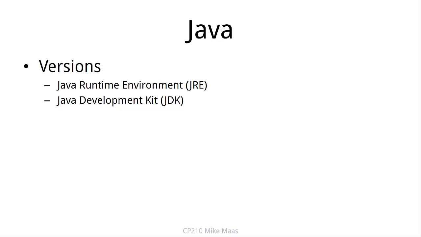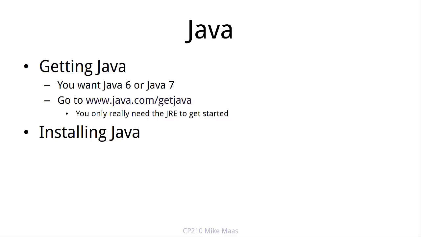One thing that's a little confusing to people is there's 2 different versions of Java. One is called the JRE, or Java Runtime Environment, and the other is the JDK, or the Java Development Kit. If you're not planning on doing any Java development, the JRE will be just fine for Android. But if you're planning on doing Java EE or other types of Java development, you probably want to grab the JDK. So to get started, let's just go to